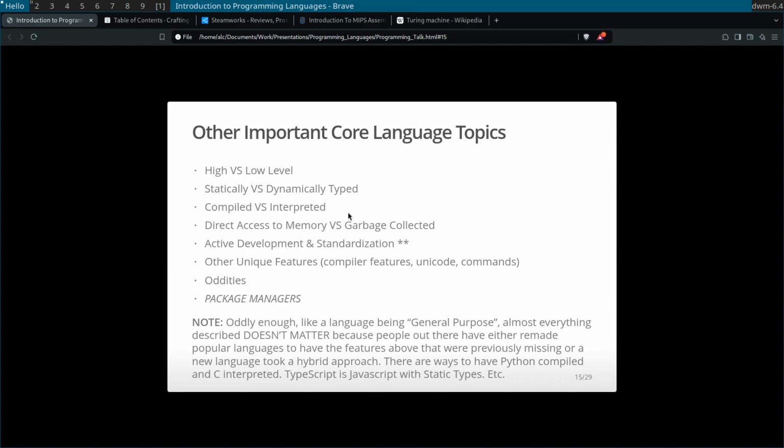Direct access to memory versus garbage collection. So this could have just been called memory management versus garbage collection. Languages like Java have a garbage collection feature, which means that when you declare new objects or new arrays or anything like that, the Java compiler is kind of doing all of that for you, and the JVM is accessing that memory any way it sees most efficient.